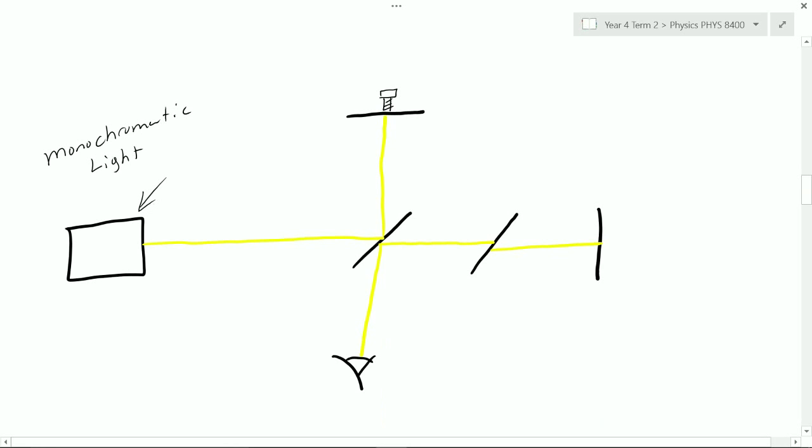Now, the way that this instrument was built was that it had a monochromatic light source that is right here that shoots that light to hit a half-silvered mirror over here. Half of that light would hit the mirror and travel a distance of L2 to a micrometer adjustable mirror. The other half would travel through the non-silvered portion of the mirror and travel a distance of L1